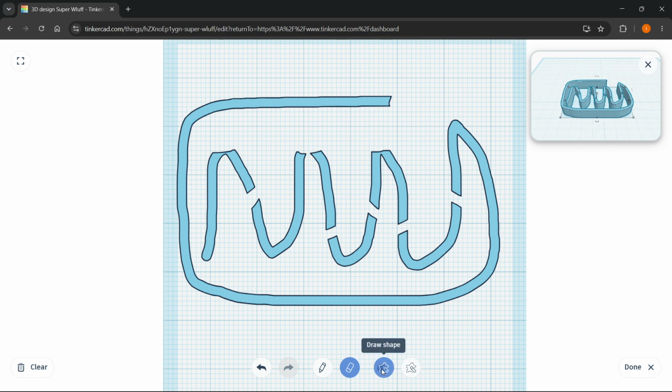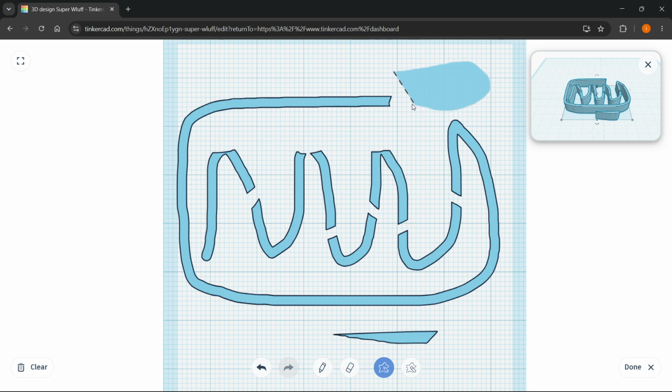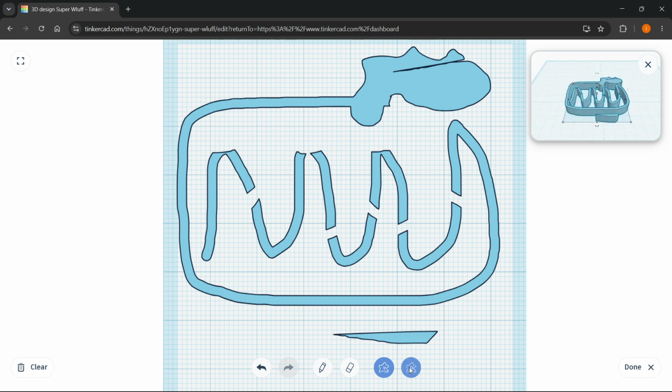And then over here, you also have this option, which allows you to draw a shape as well. So if you want to click and of course drag, you can go ahead and draw shapes like this. So that's also very possible. And then you have this one over here, which of course allows you to erase with a shape. So if you want to erase a specific portion, I can do it like that, and it's going to get